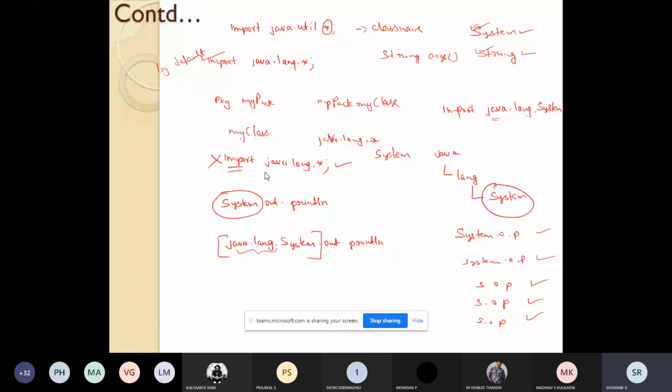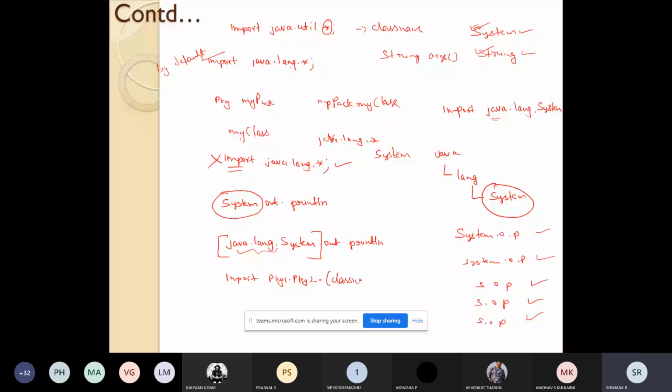The general form is import package1.package2.classname or star.